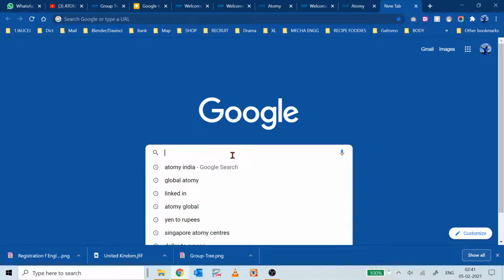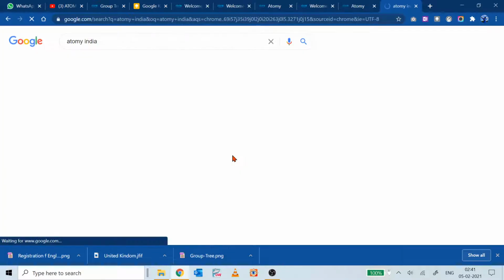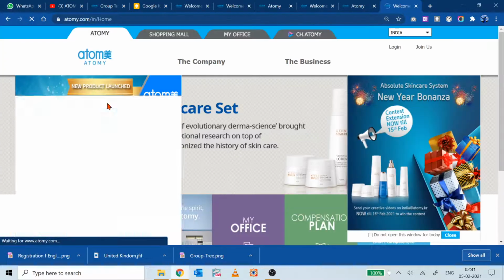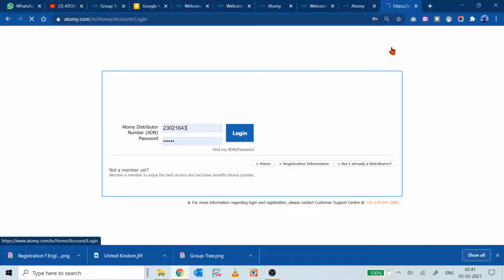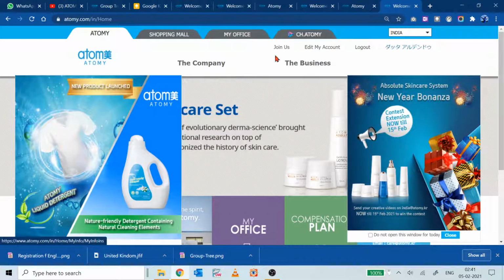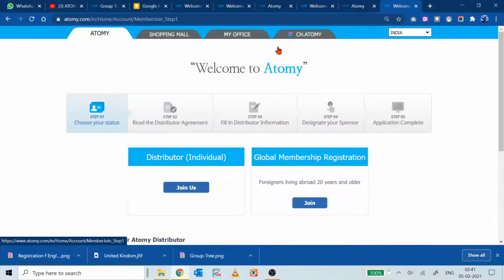Say you are getting to Atomy India, the Indian site. If you have an existing ID and password, you can log in with it. Say I have logged in with my ID and password. Over here also you'll find there is a join us command. When you press this join us command, you'll find the global membership registration.